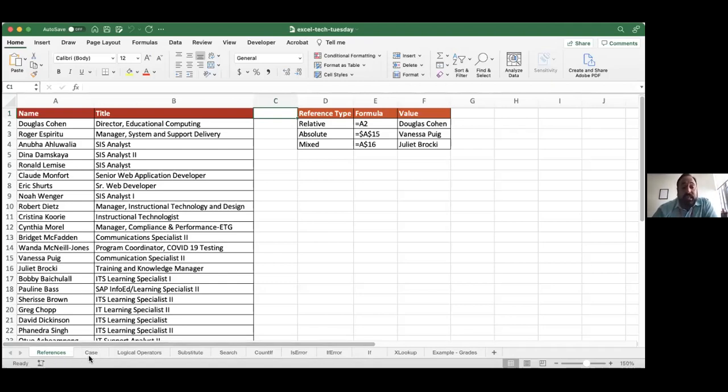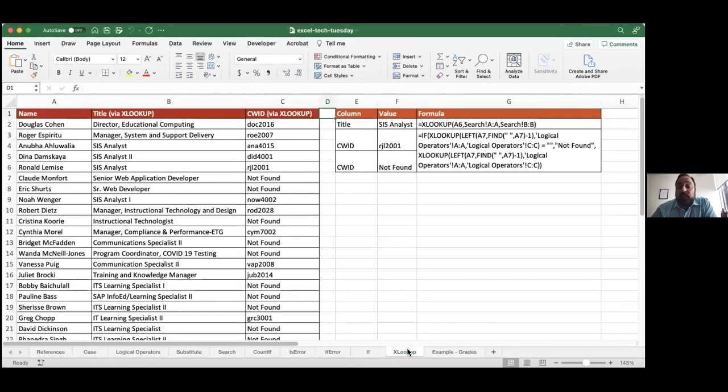So you're going to see a data set. We did references, we did case, logical operators. So I have an XLOOKUP worksheet, and I'm really just going to grab one, and we'll actually write a lookup. So